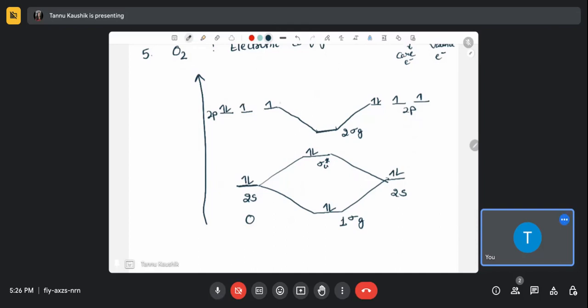Then degenerate px and py orbitals overlap to form bonding pi u molecular orbitals, and